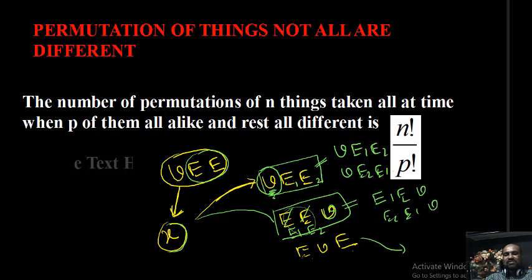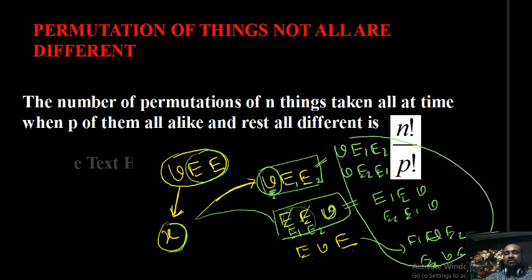Like this, one more also gives another 2 linear permutations, Nana. E1 V E2 or E2 V E1. Okay, how many did you get, Nana? Actually you got 6 here. So if these 3 letters are treated as different, how many linear permutations will you get? Those many you got here. Understood? So 1, 2, 3, 4, 5, 6.